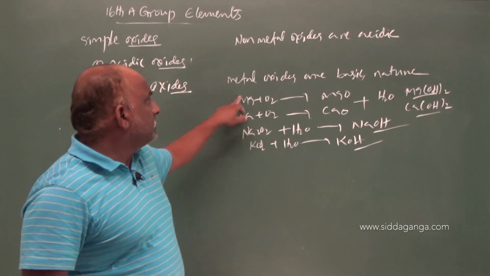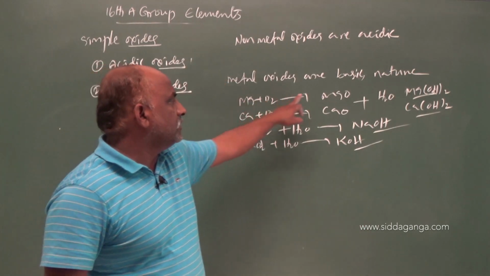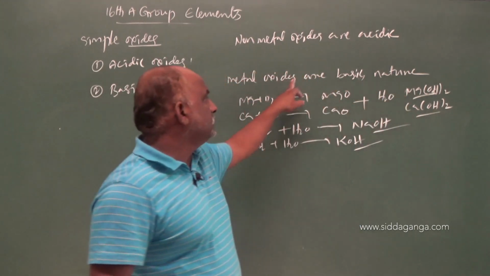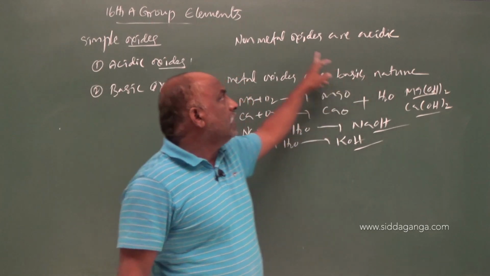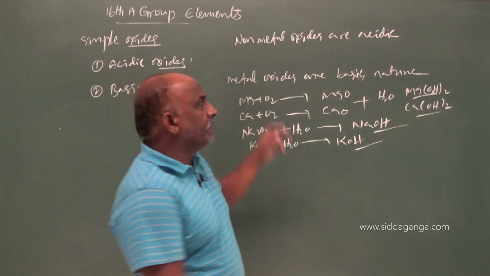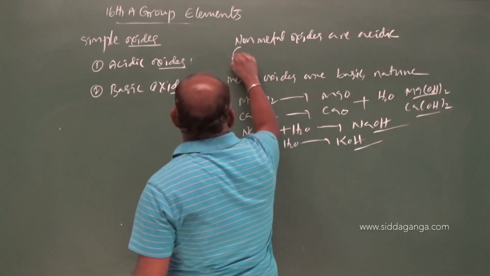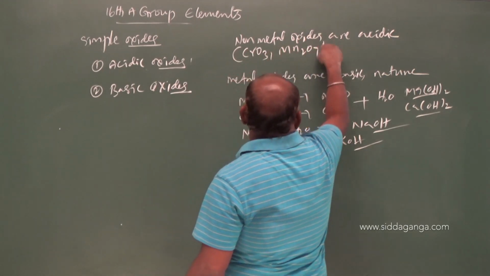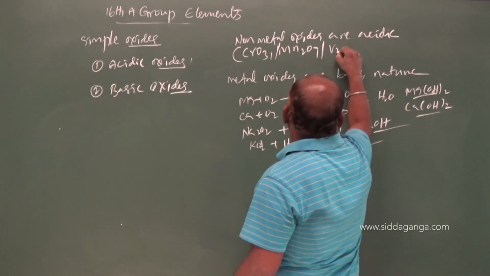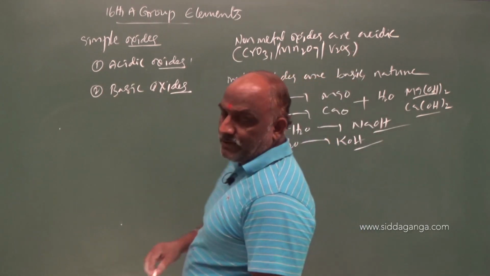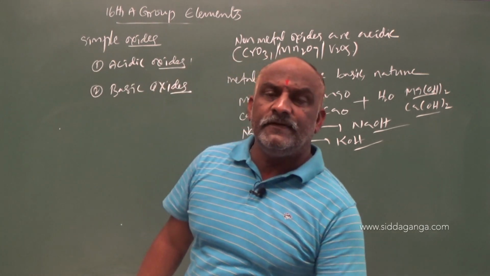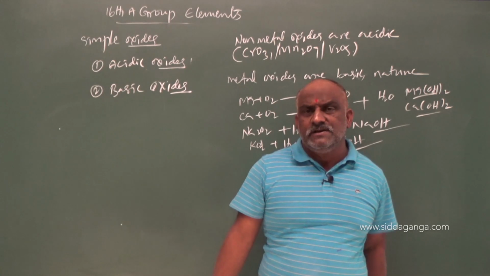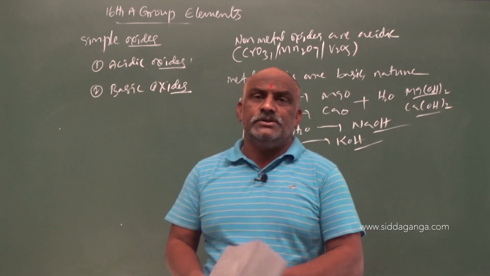So, these all are metals: metal plus oxygen gives metal oxide. Metal oxide dissolved in water gives a base. So here metal oxides are basic in nature, non-metal oxides are acidic in nature. What are the exceptions? The exceptions are CrO3, Mn2O7 and V2O5. Amphoteric means which neutralizes HCl solution as well as NaOH solution;